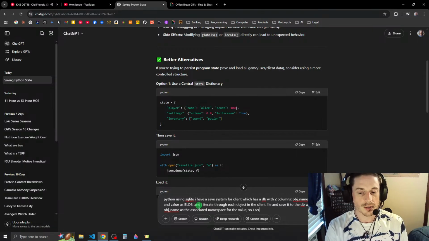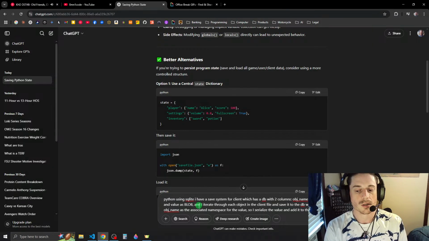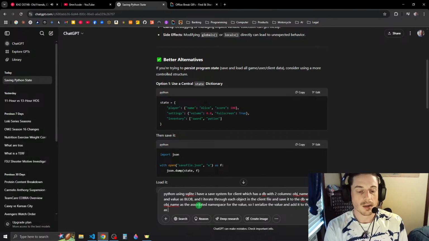So I serialize the value and add it to the DB row as a blob.